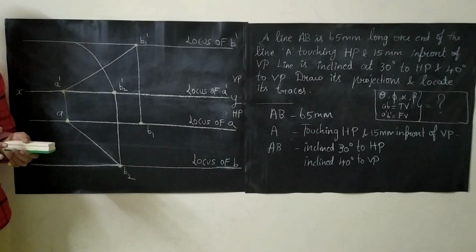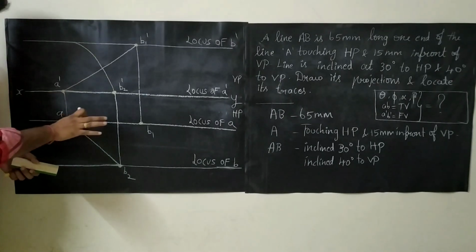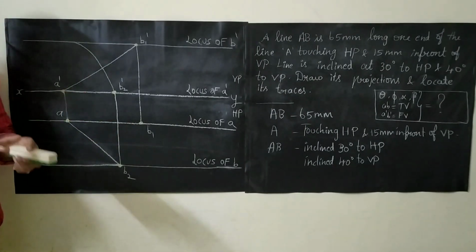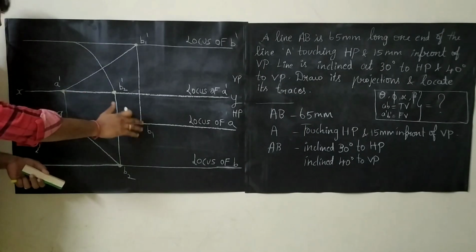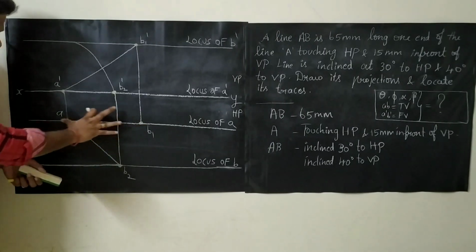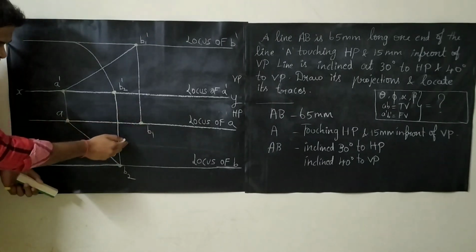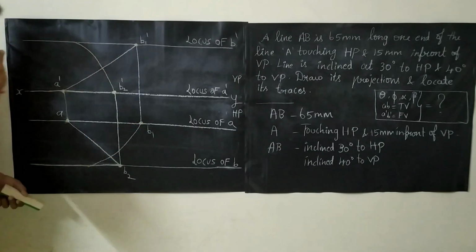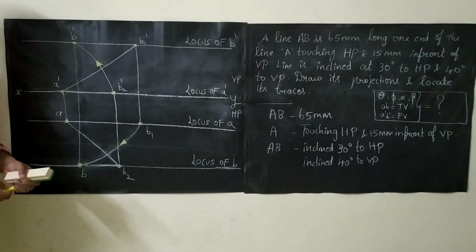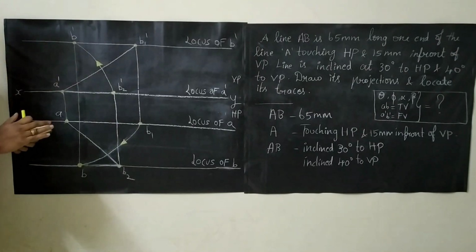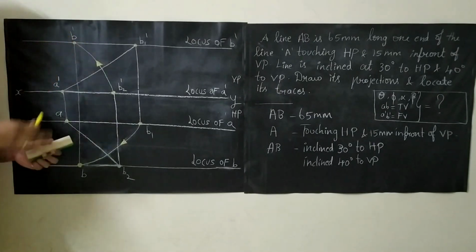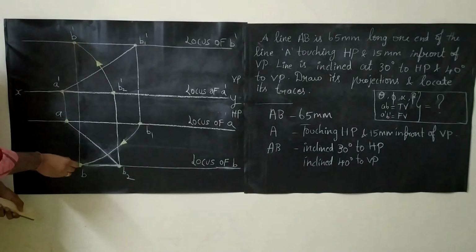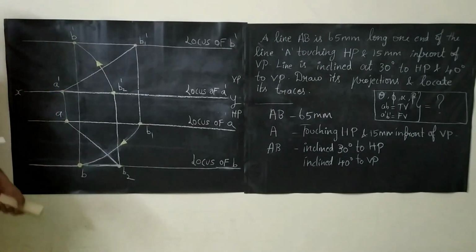Now take your compass, measure A B1. Take A B1 as your radius, A as center, try to rotate the arc. So the radius will be A B1 and you will be rotating like this. If you rotate, you will be getting like this. After rotating it, we can name this point as B dash and this point as B, because AB will be our top view and A dash B dash will be our front view.